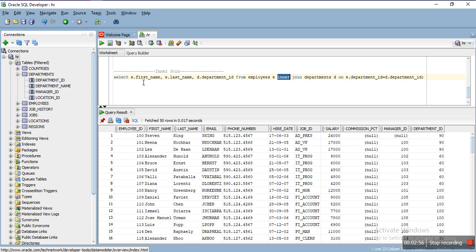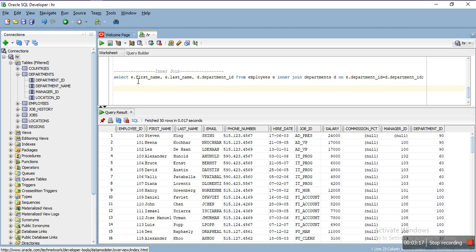So what is this E? This E is the alias of our table. By using an alias, we don't have to write the full table name every time, which saves time. So we alias the employees table.